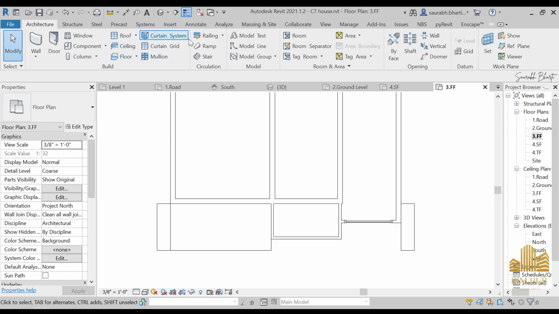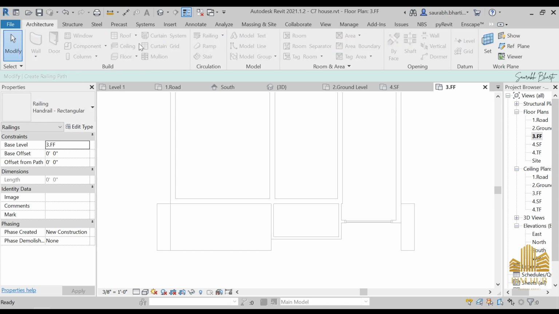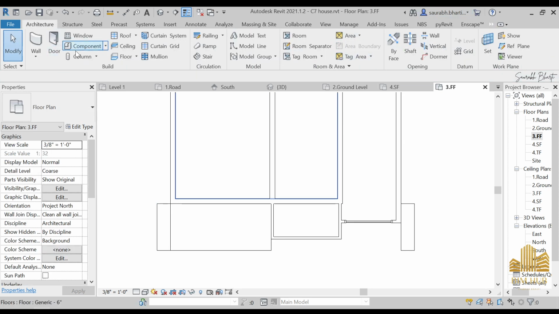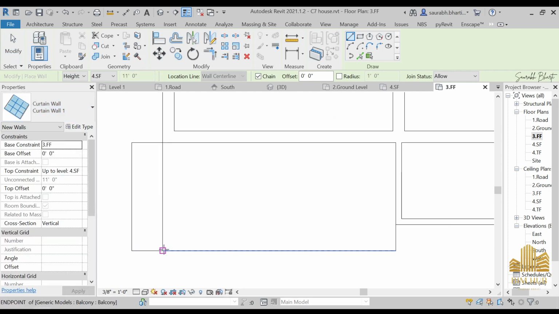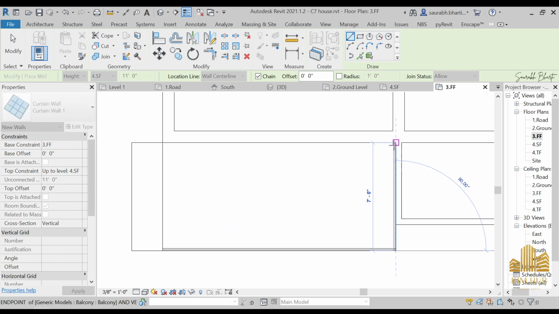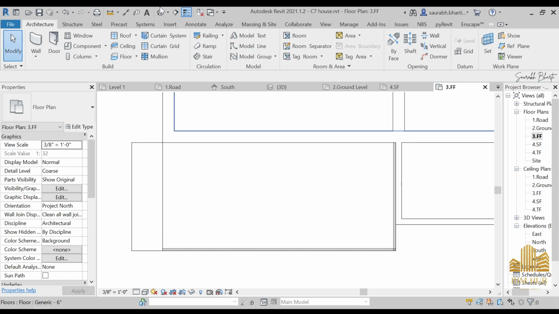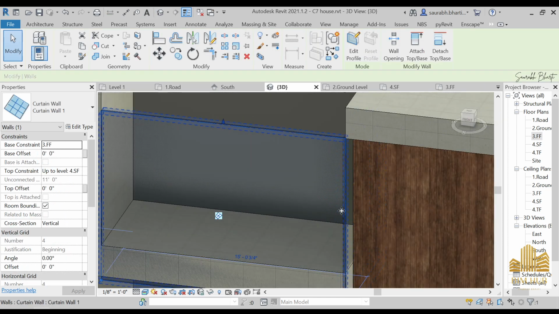Where is that railing? Yes, railing. And instead of railing, we can also use our curtain wall. So go to modify, cancel it, cancel wall, curtain wall, and just give a curtain wall from this place to this place, okay. Go to 3D, select this one and select this one,